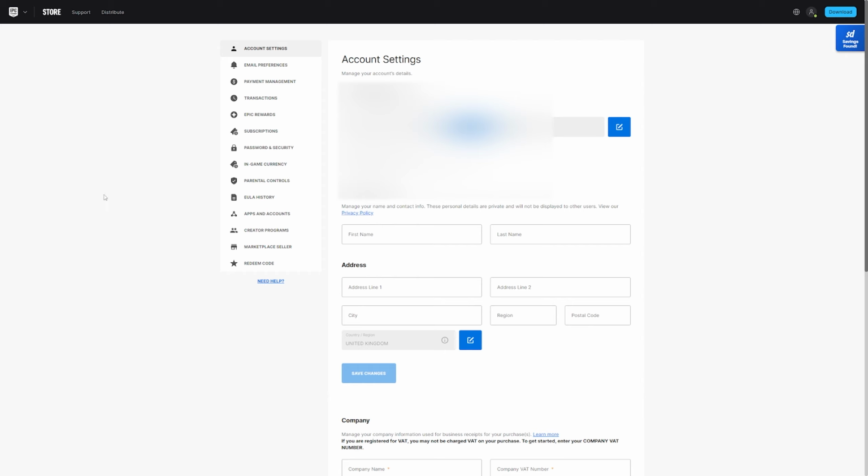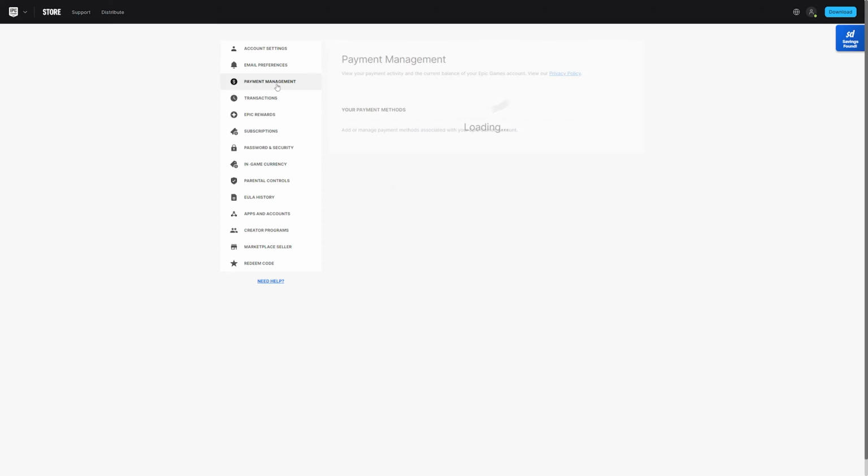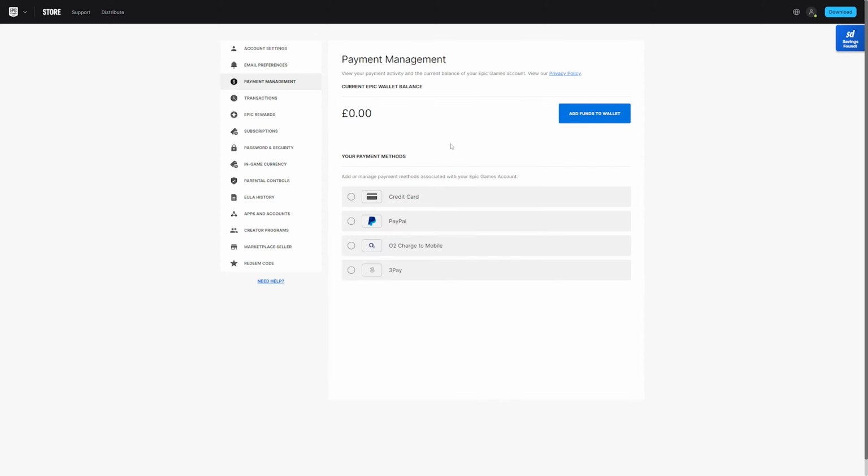What I would recommend is going to Payment Management and making sure you remove any payment info you have. This is just in case your account does ever get hacked, the hackers will not be able to make any